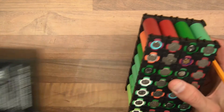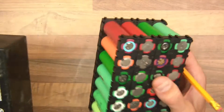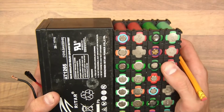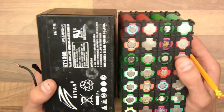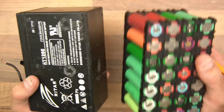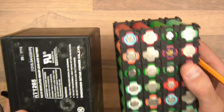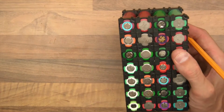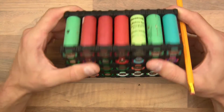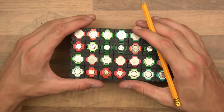And if you look here, this is 12 volts, 6.5 amp hour. So this is clearly superior, and that's with our estimation of 1 amp hour. So the lithium is clearly superior in that way. There's much more power stored in this than the lead acid, and it's lighter as well. In fact, it's considerably lighter. Anyway, I want to make a battery which kind of resembles that one,